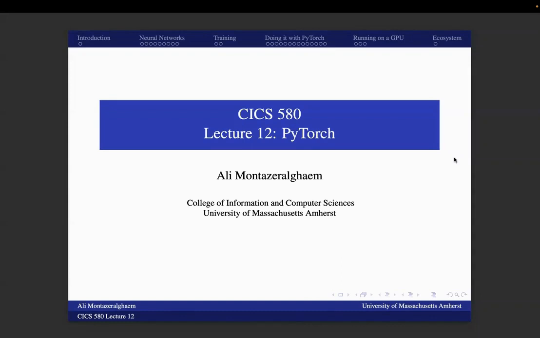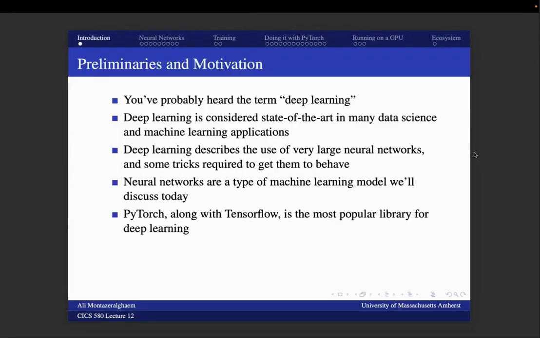In this lecture, I will talk about deep learning and PyTorch. PyTorch is a library that you can use to implement a neural network for deep learning. And it might be useful for your research or other courses that you want to get in computers. In this lecture, I will talk about deep learning, and